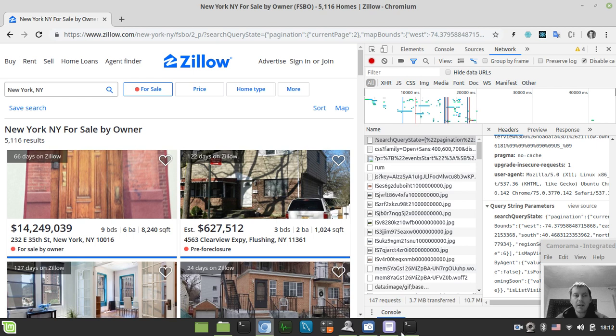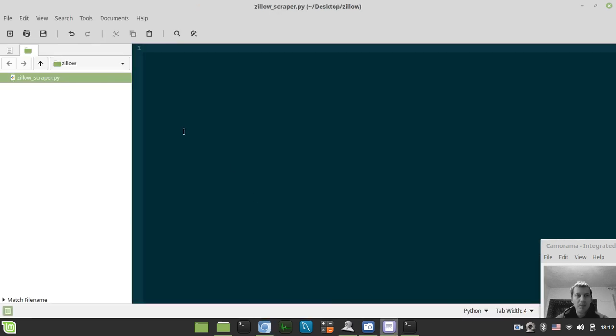So bearing that in mind, let's actually start writing some code. I've created a new file called zillowscraper.py, and first we need to import requests to make HTTP GET requests along with BeautifulSoup to parse the content. So I say from bs4 import BeautifulSoup like this. And now I just want to create a class called